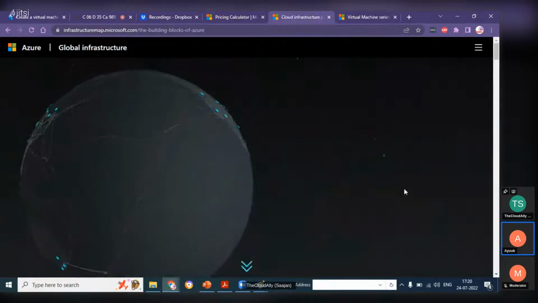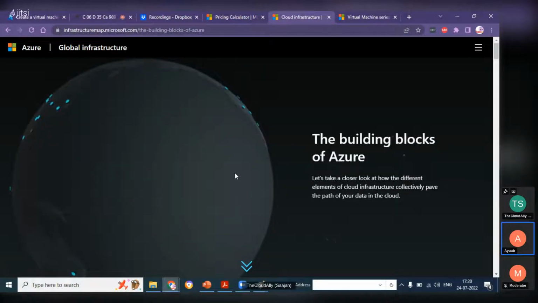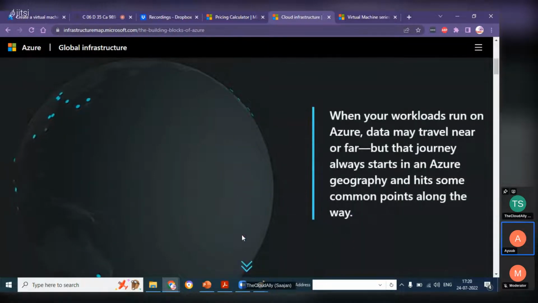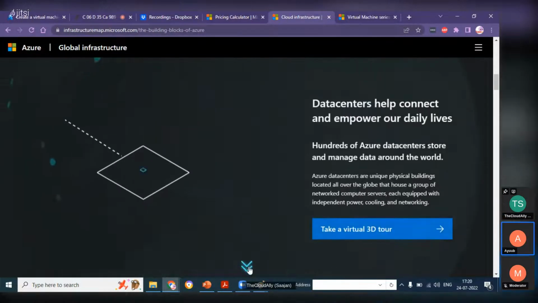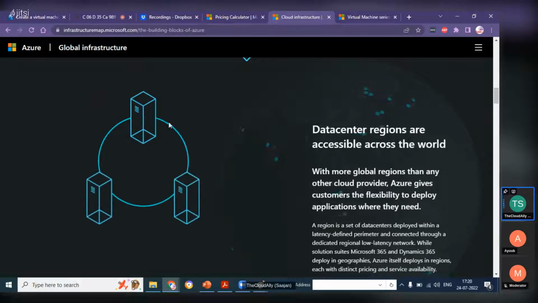If you see here, these are the main locations. Data centers, basically, where your actual data is stored. It will help you connect and empower your daily lives. Now all these data centers which are clubbed together become a region,